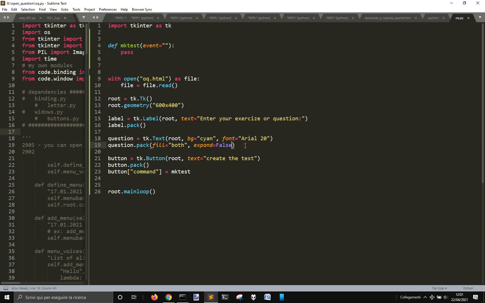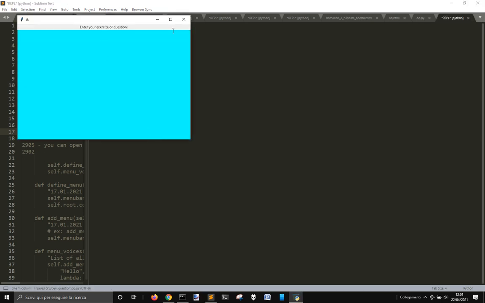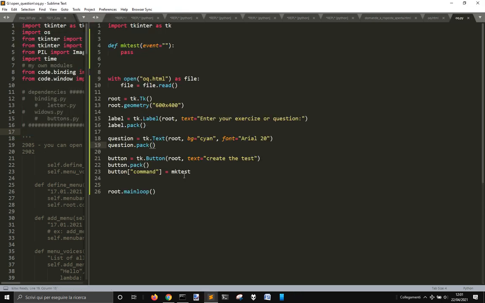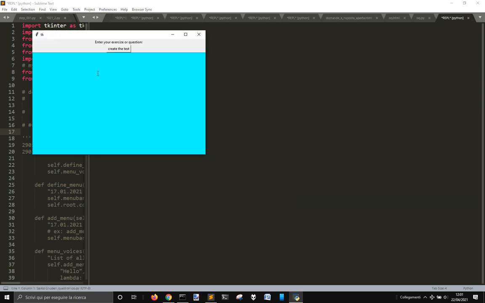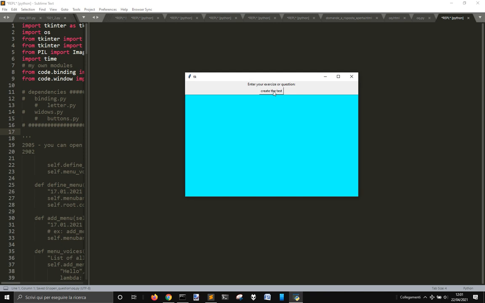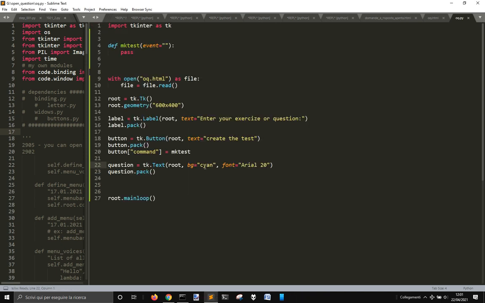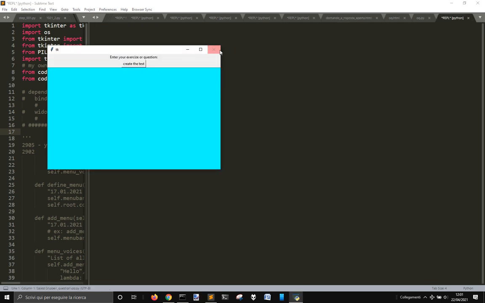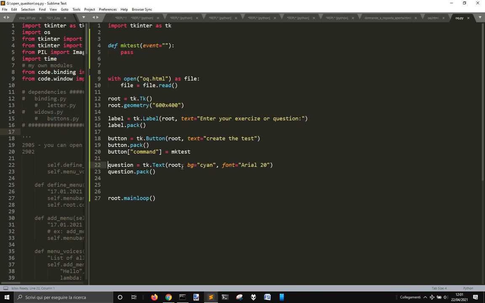And let's not use this. We don't see the button anymore. Okay, I put it here. I should see the button down here, but okay, now that we made it like this,